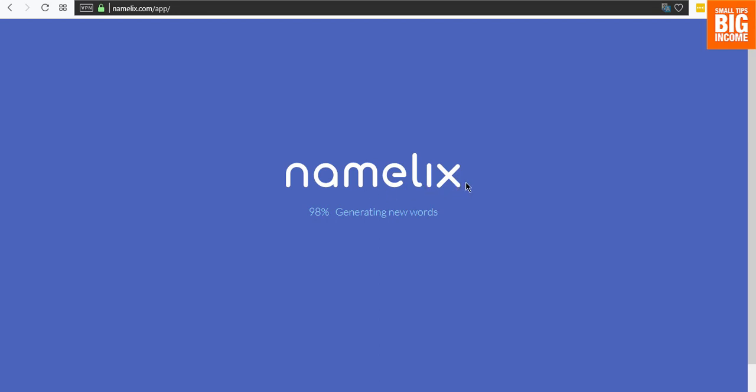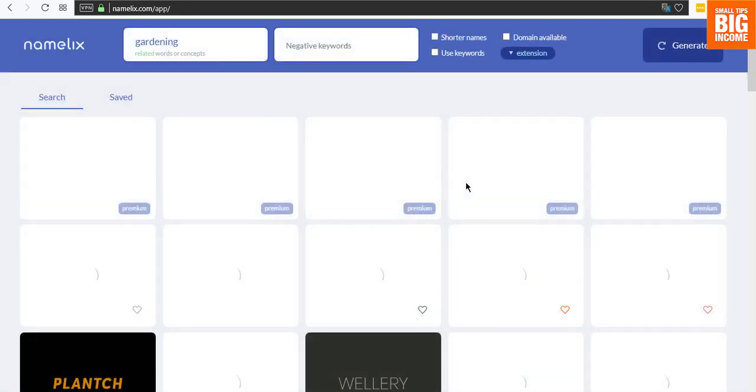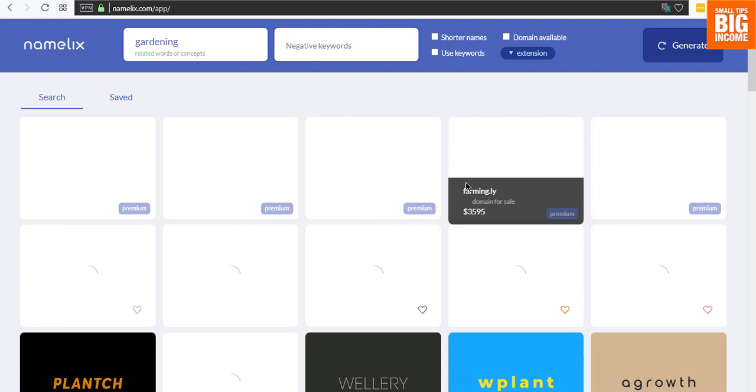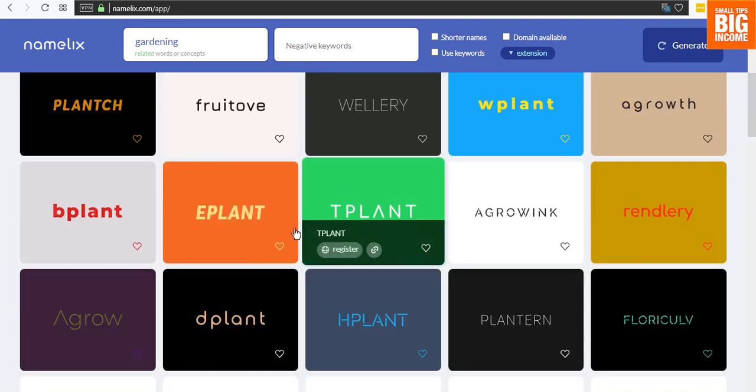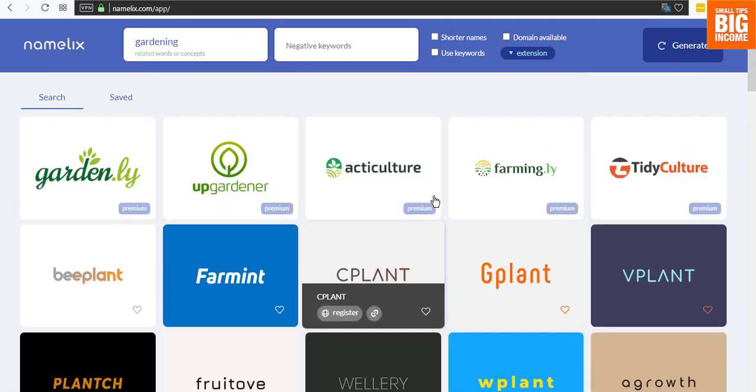It might take some time depending on the internet you're using, but while this is generating, these tools make the whole work very easier for you, because coming up with a domain name can be very tasking at times, but you want to use this tool to make the whole process a lot easier. So these are some of the names that are generated, but you can see that I can do